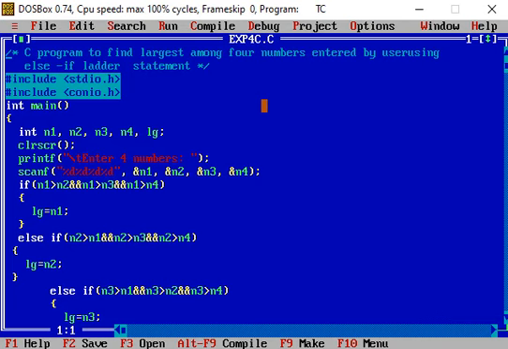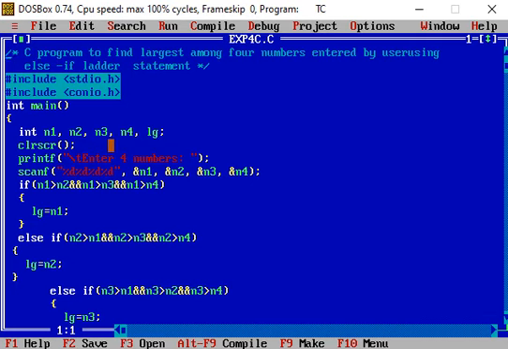Then the first statement of the main function declares integer variables n1, n2, n3, n4 for storing the four integer numbers entered by the user and LG for storing the largest number.